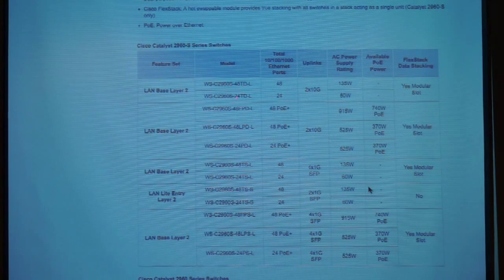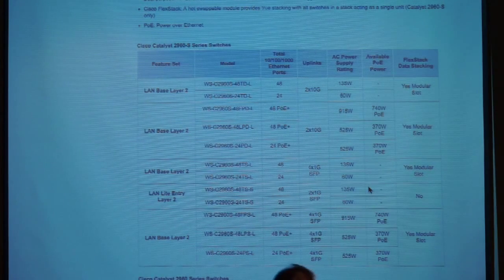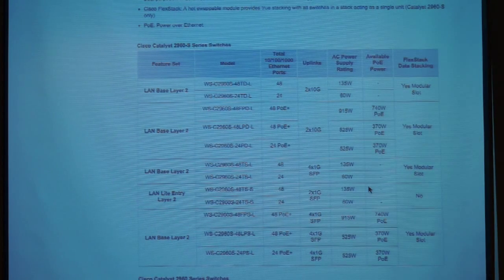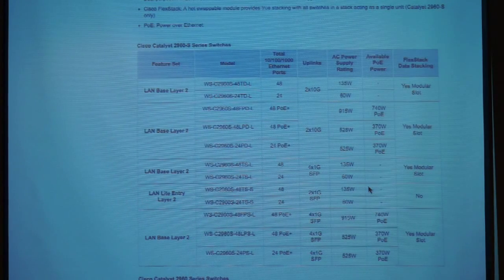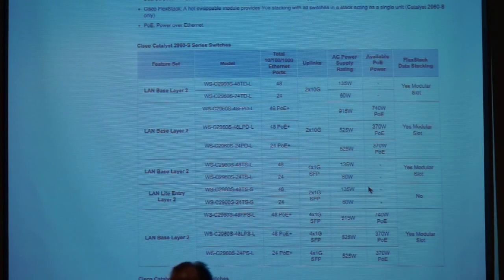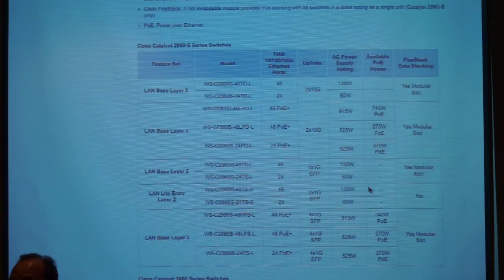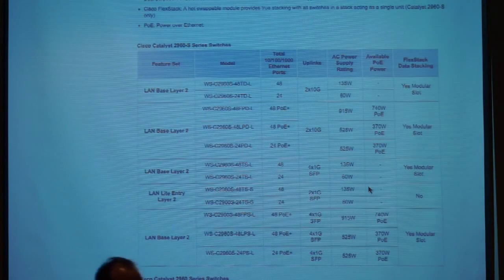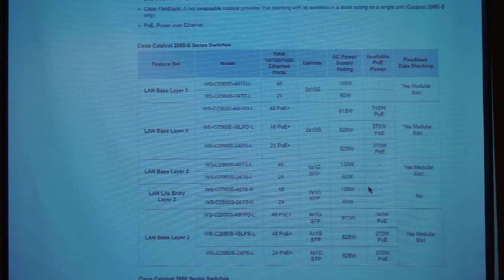Then the next letter, T, is twisted pair. That means it's copper. Users are going to use copper to connect up to it. Then the next letter, D, tells me the uplinks, the connections out of the switch. We have special connections out of the switch called uplinks. That D stands for 10 gigabit. So this has two 10 gigabit connections out of the switch.